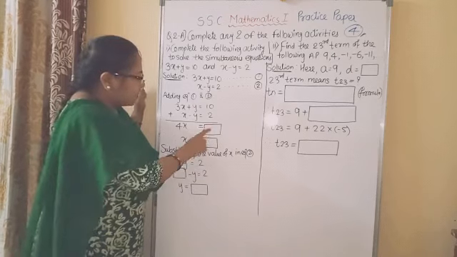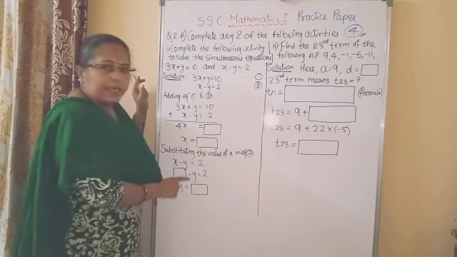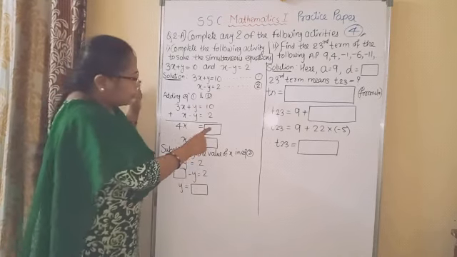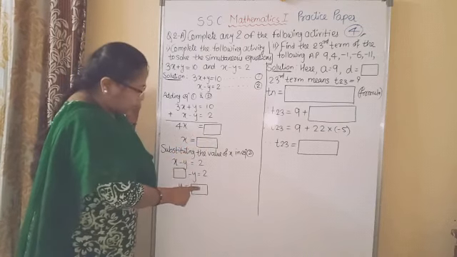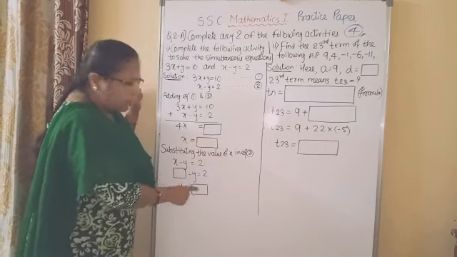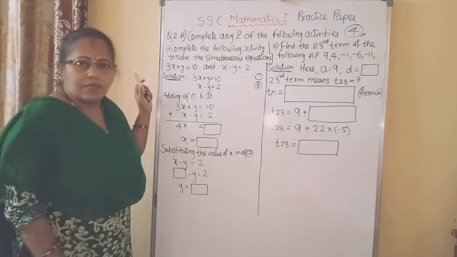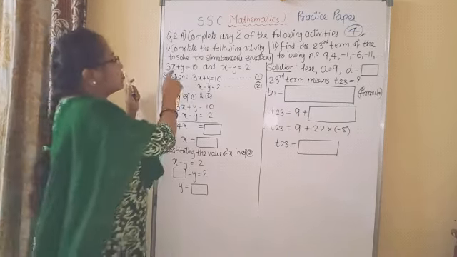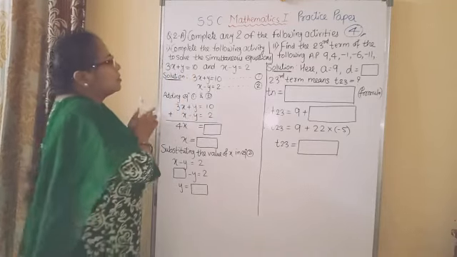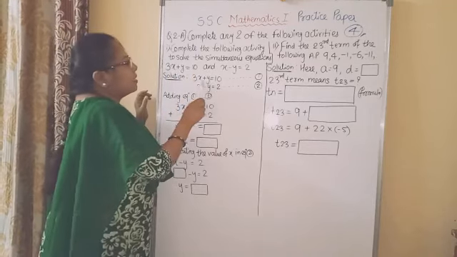Okay. And whenever box is given, write their correct answer. You can see here there are 4 boxes. So half mark for each box. Okay. So let us solve this question. Here these 2 equations are given. So these 2 equations carried here.